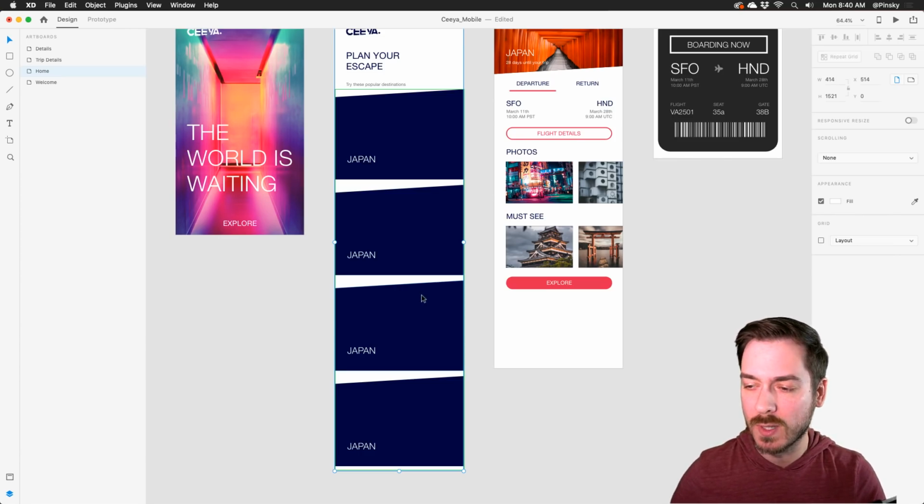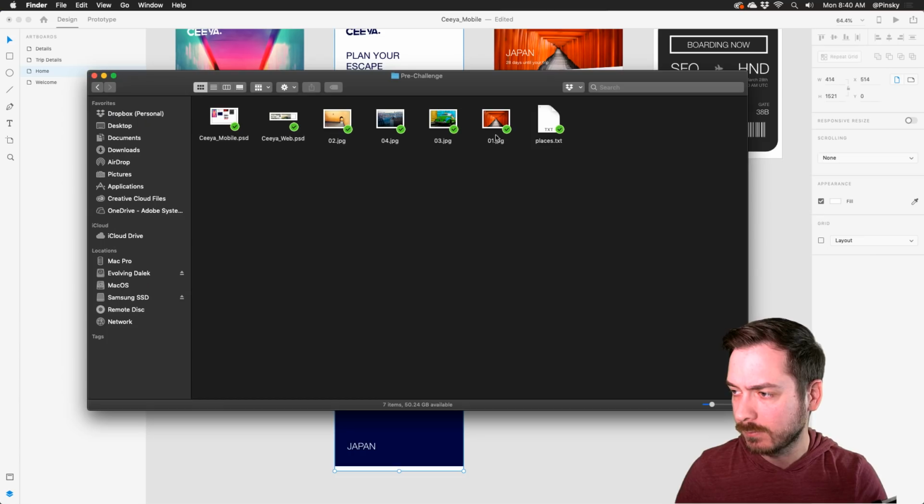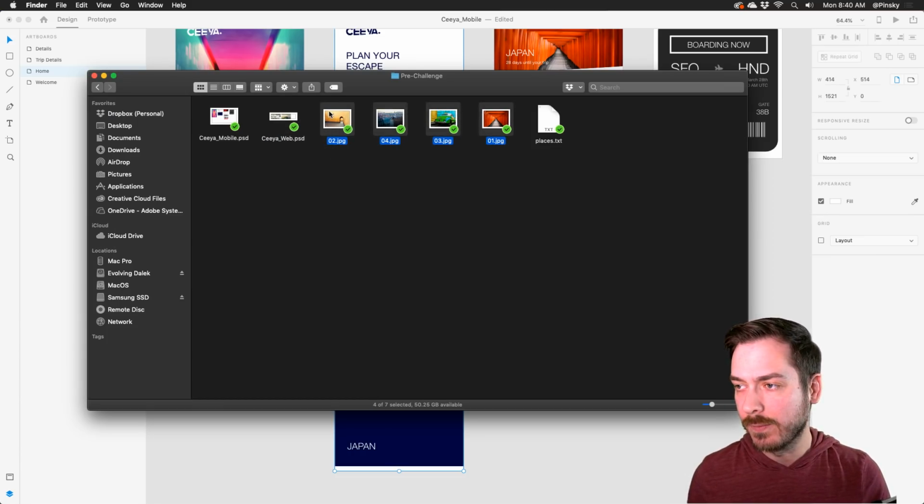It's actually very easy. It's a lot easier than it was in Photoshop. So if I go back to Finder, I have these images right here, and I want to use these inside of